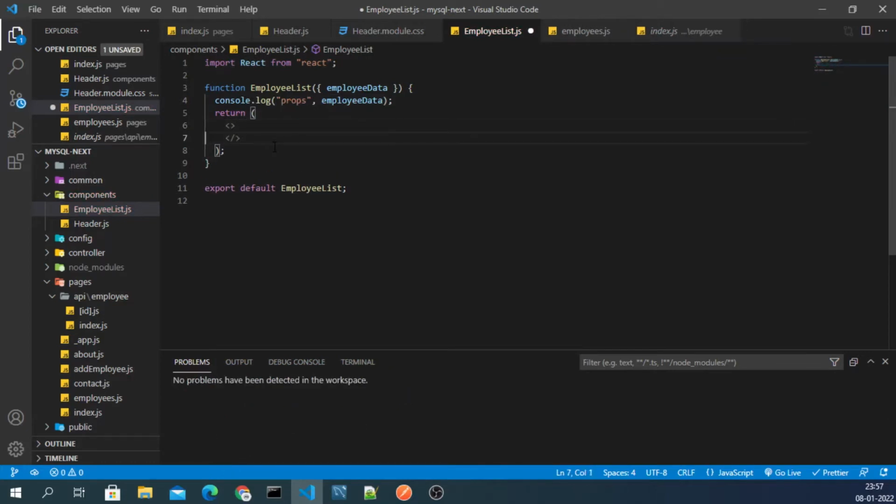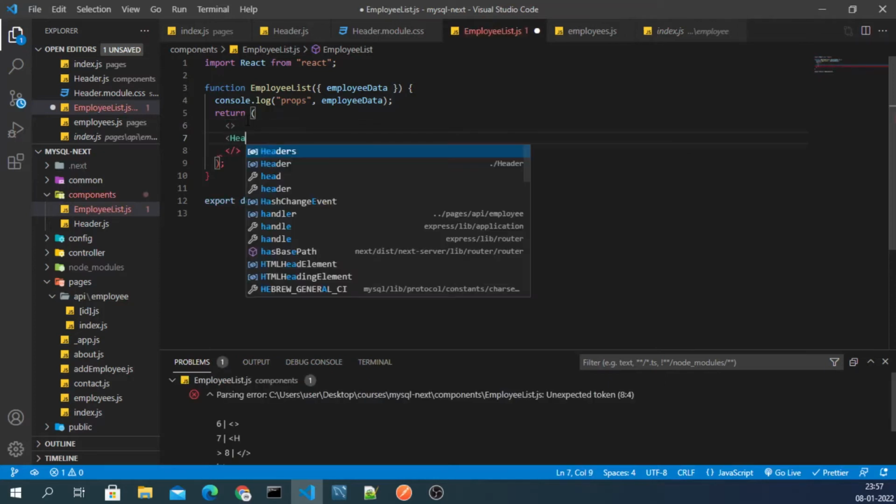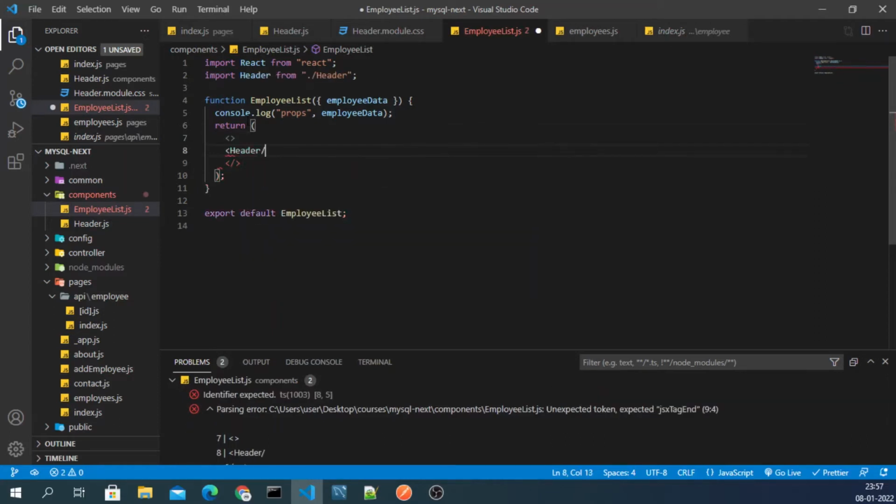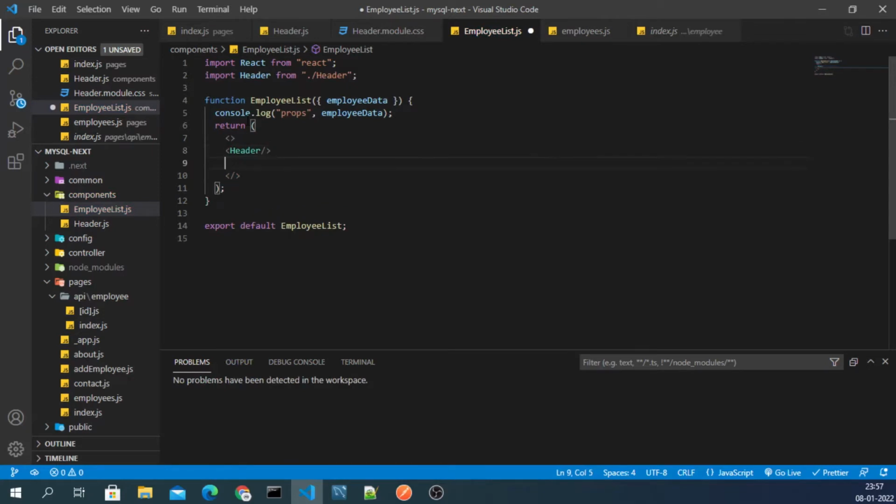First thing I want here is the header component, and just below the header I will render a table. For the table, I'll write a few lines of code first.